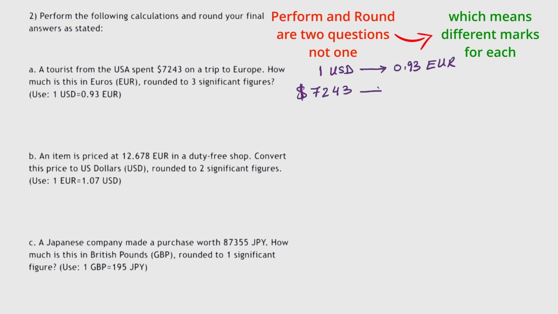So how much will it give me in euros? In this case, the answer becomes 7,243 times 0.93 divided by 1. Using the calculator, of course, we have 7,243 multiplied by 0.93. This will give us